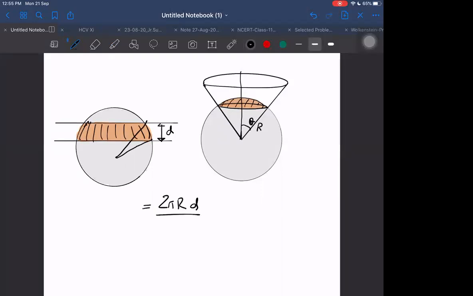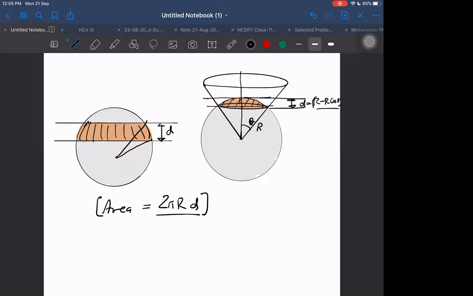Yeah, d, sir. After I said, then you are saying. You should have said it before, huh? So after drawing the diagram, this is d here. The other plane I can say to be tangent only. At the tangent, one plane is there and one plane is cutting here at a distance from here. Then this is 2 pi r into d again. What is this d here? This d will be total r minus r cos theta. It is r minus r cos theta.